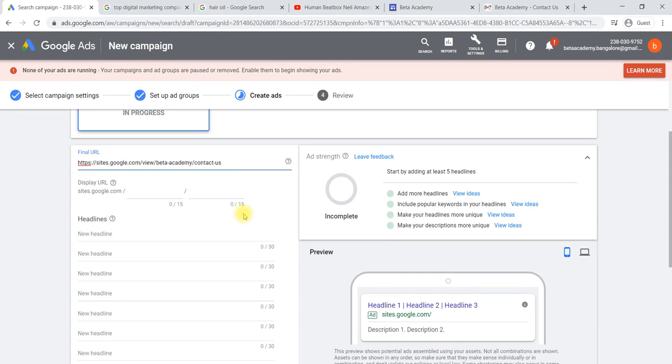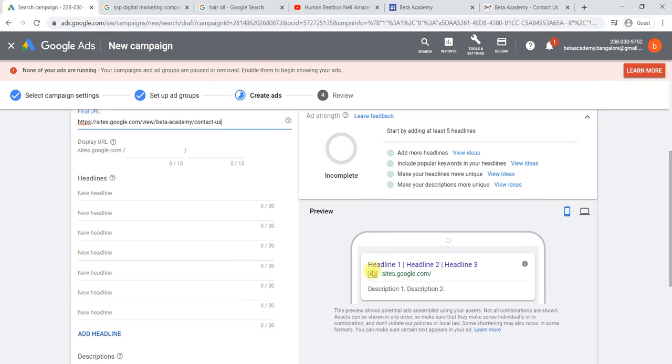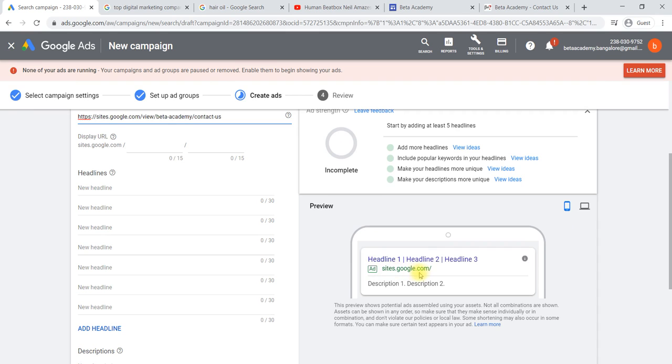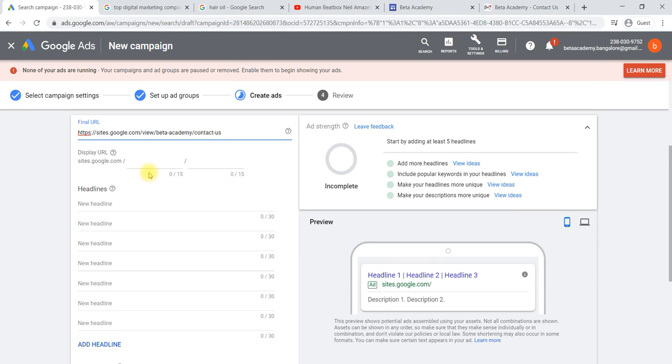Once you have selected that page, you can see the ad preview here, showing how the ad will be displayed. Then you can also write a display URL. If you don't want to show all these things, you can write only what you would like to show, like oil.